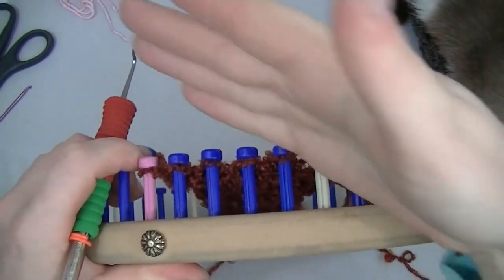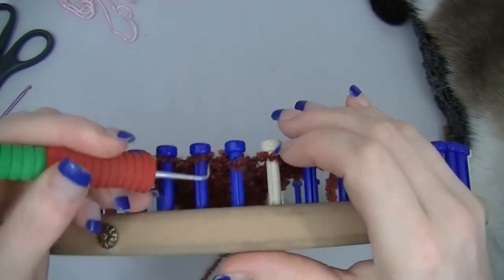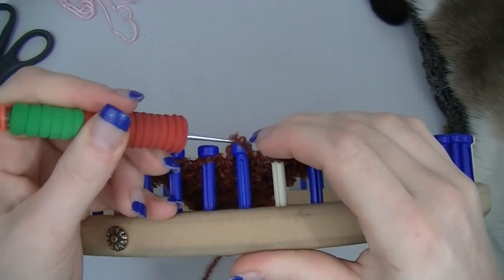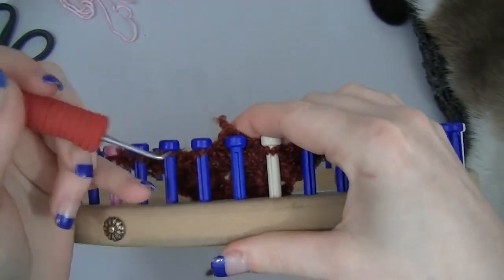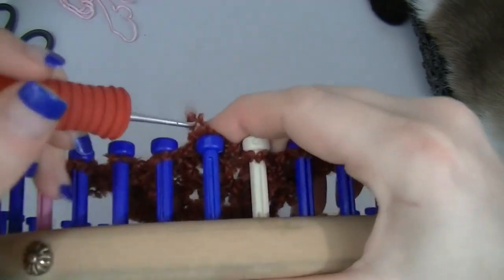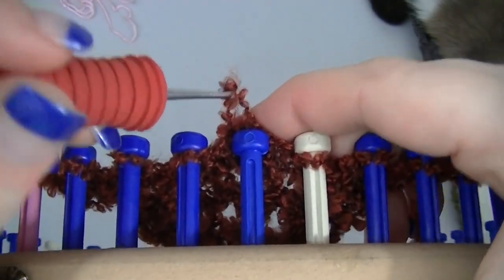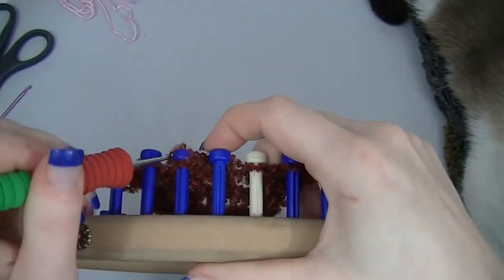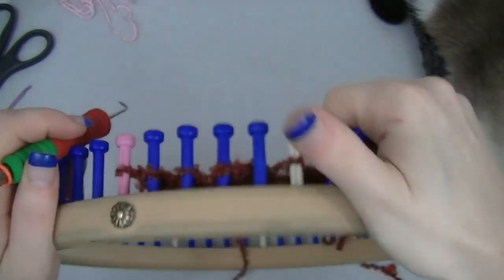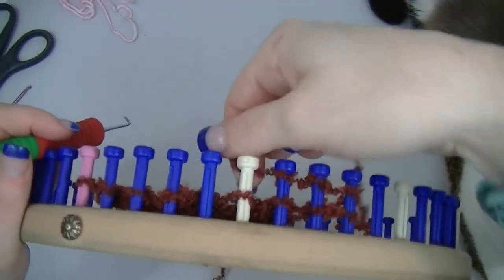Now we want it to keep going in this direction. So now we will take the yarn from the second one. And this one, it's going to be a lot tighter than that first one. So if you find it easier, you can untwist it. I'm trying to show you just using this yarn because this yarn can be a little hard to see. So there's the loop. And I moved it over. Now you push everything down to the bottom. And E-wrap